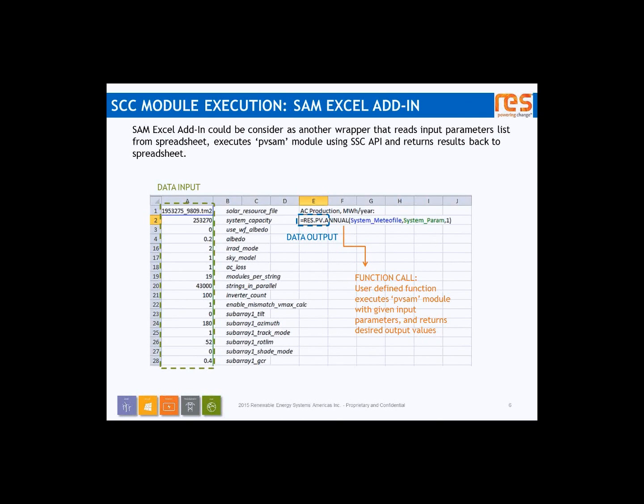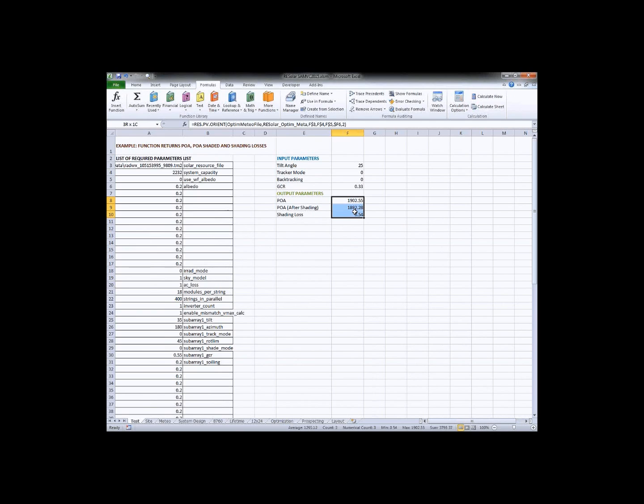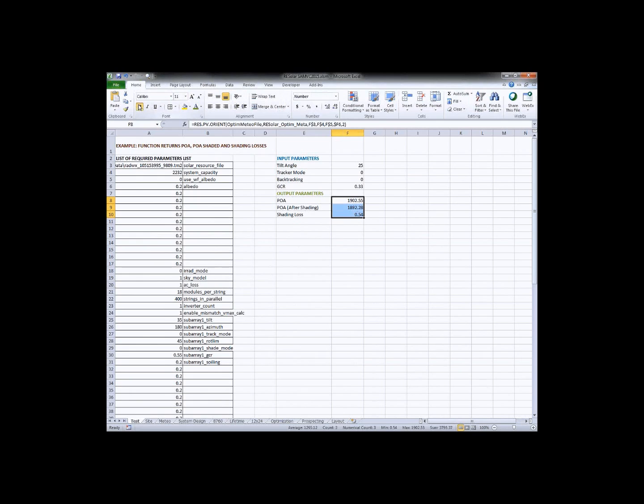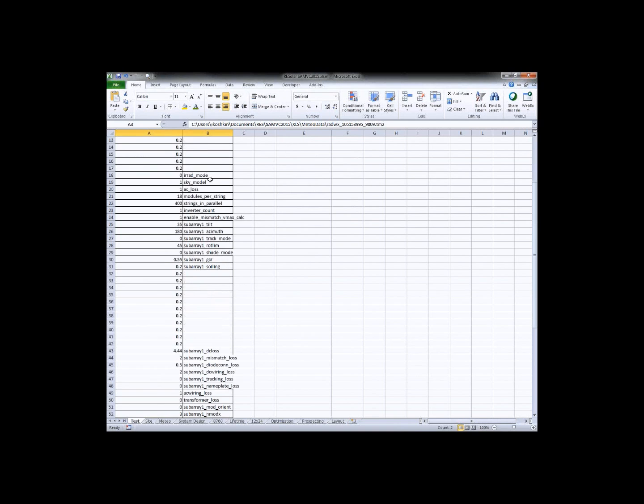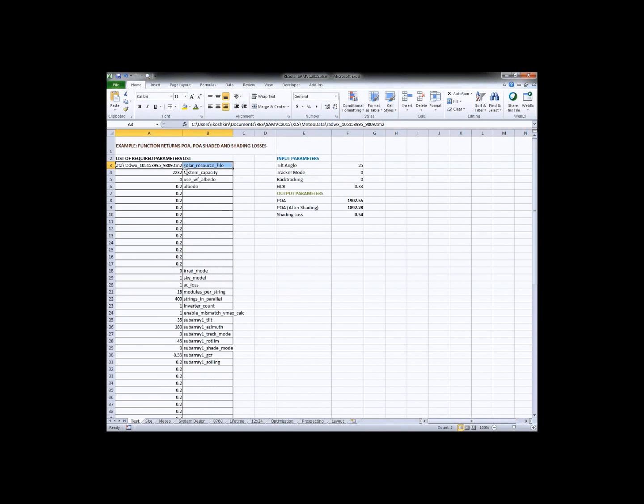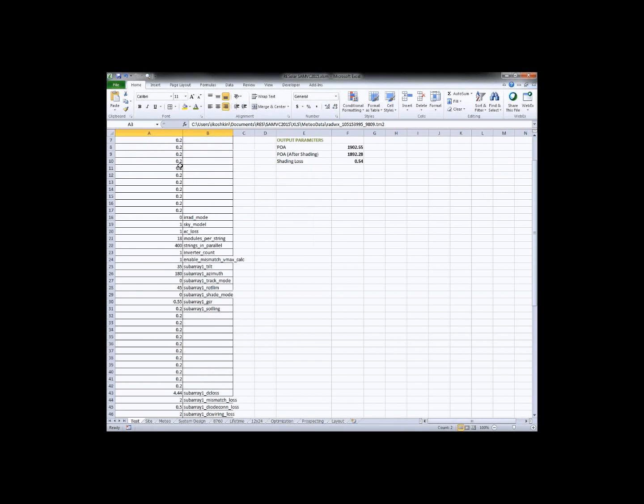I would also like to quickly show a real example in Excel. For instance, this function over here gives you results of planar array irradiance for different configurations. I was using the PV-SAM module in the SDK, not PVWatts or any other. As I mentioned before, there is a list of required parameters in order to run, to execute the module. I came up with those parameters, and